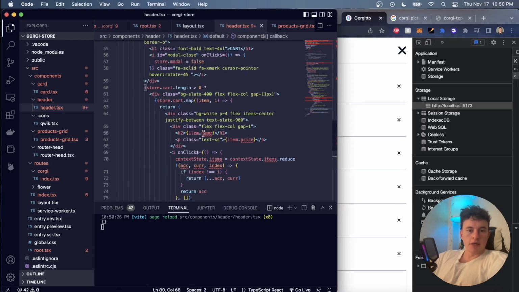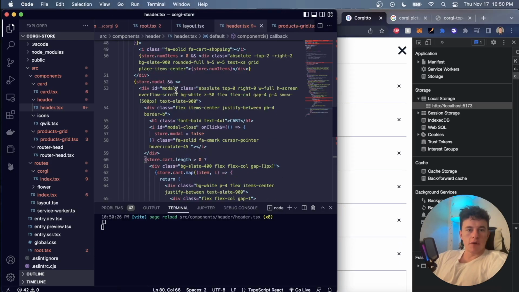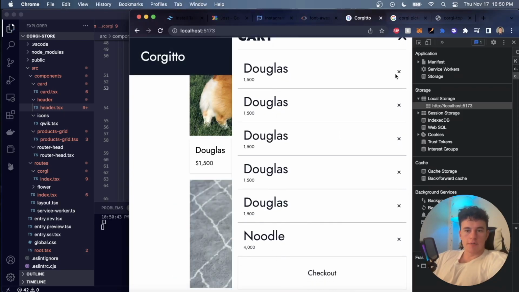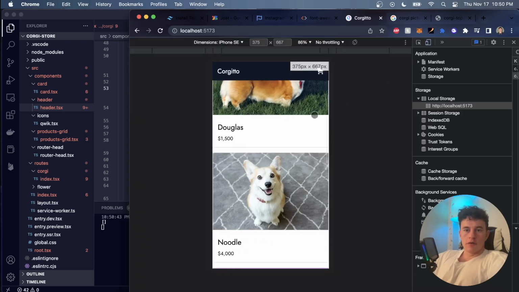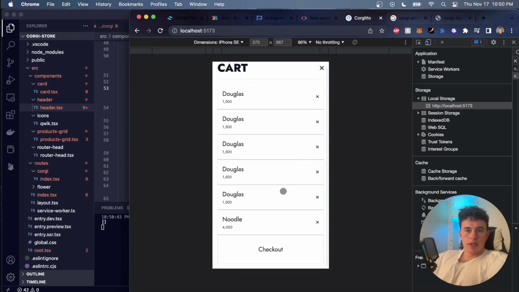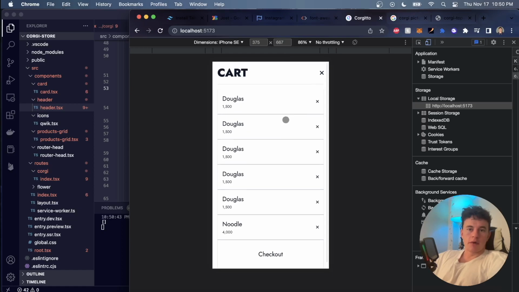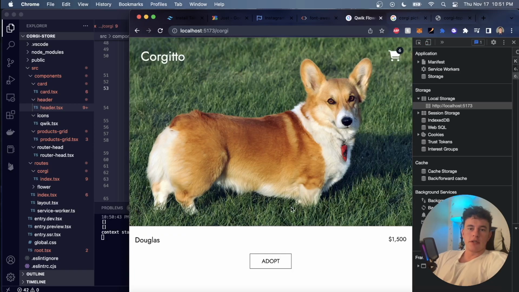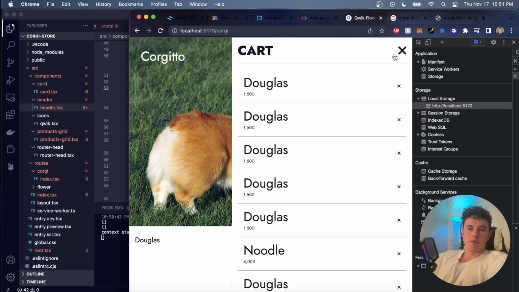What you could also do, just to make it slightly more obvious that it's a large modal, is just give this a shadow so that it shadows the actual page a little bit. But on the whole, from there you would just go to a checkout page, wherever that may be, and purchase all of these beautiful animals. And so just like that, we have a fully functional application where we can adopt dogs, we have a